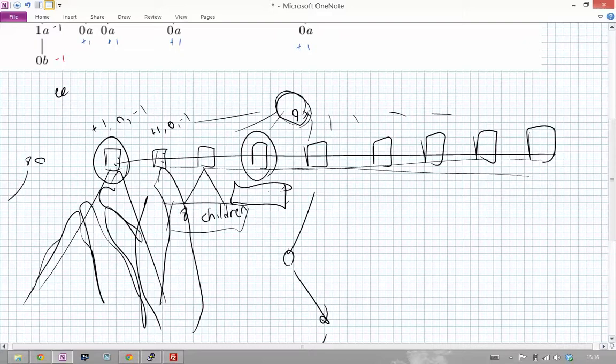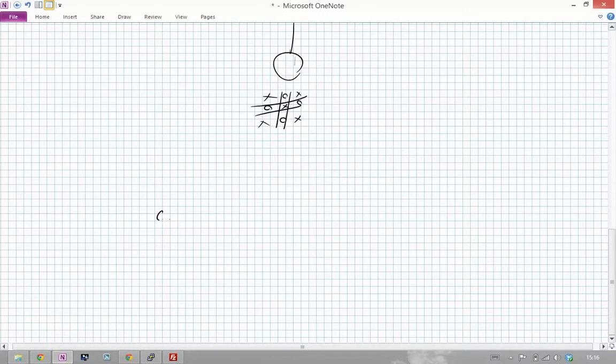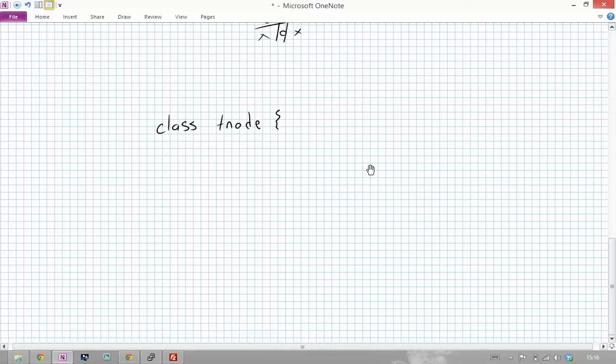I actually built a tree node. So let me show you a little bit about that. So class T node, and inside, let's see, I have a weight, and then I have an array of tree nodes. Okay, and in my constructor,